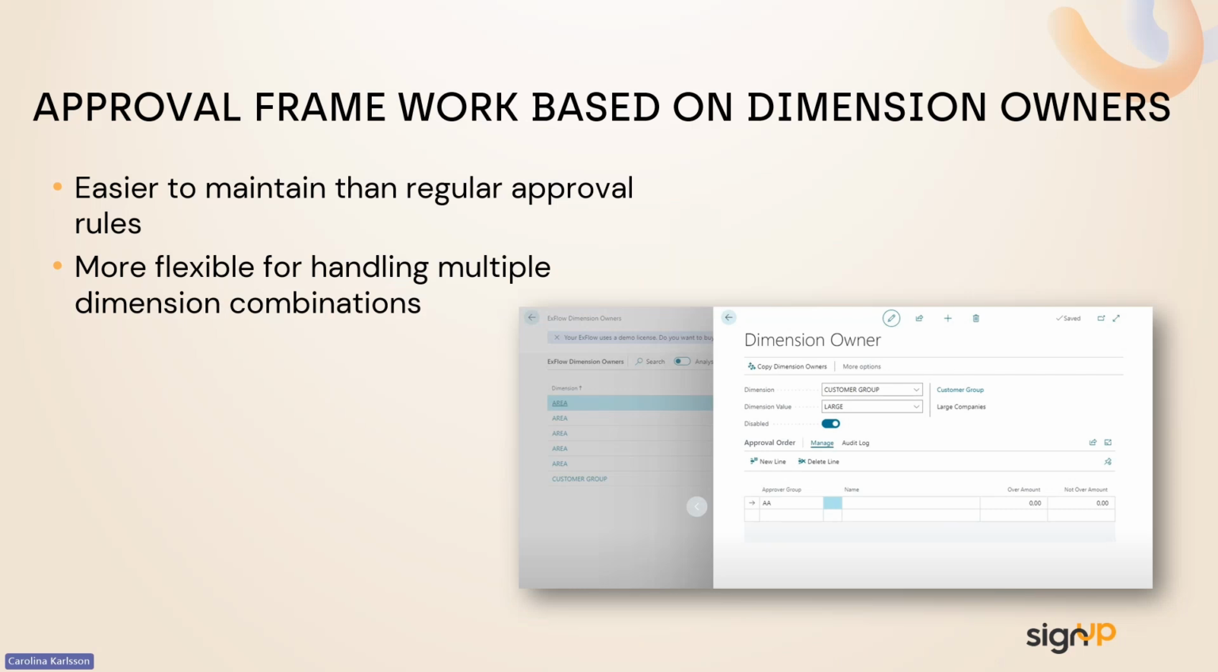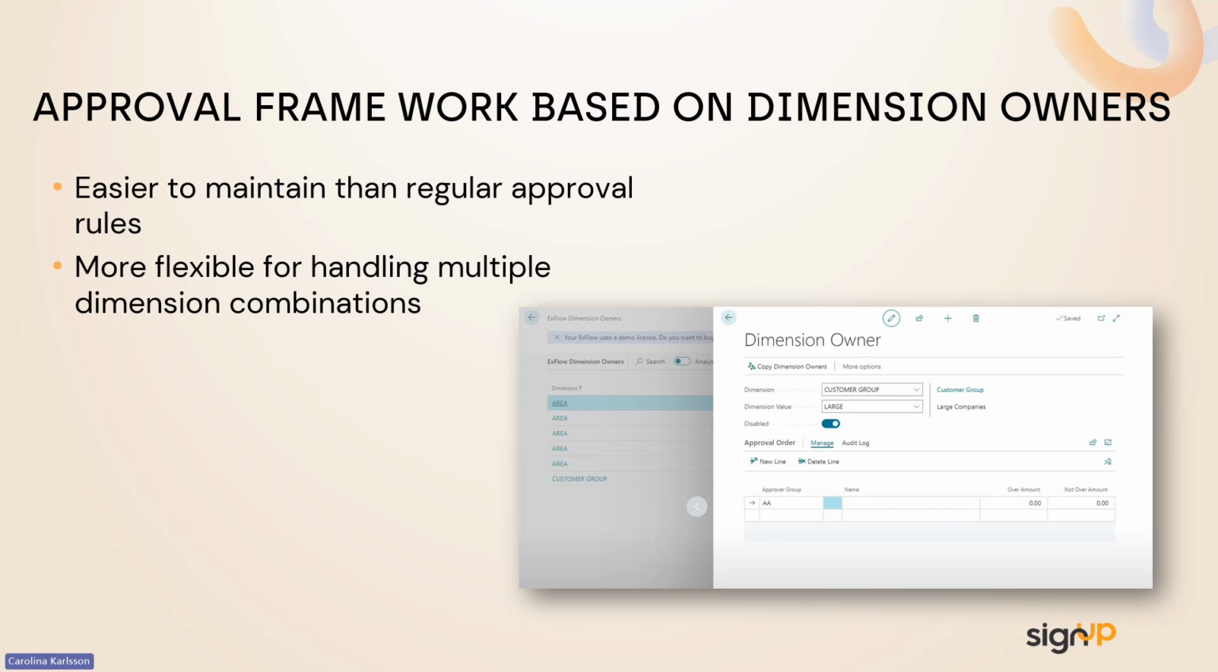So first, dimension owners. This is another way to build an approval framework. It is especially useful if your approval flows are based on a combination of several dimensions. So for example, if you have 200 stores and 40 regions, and there should be one responsible person per store and one per region, and so forth, it means that it can result in more than 100 approval rules, for